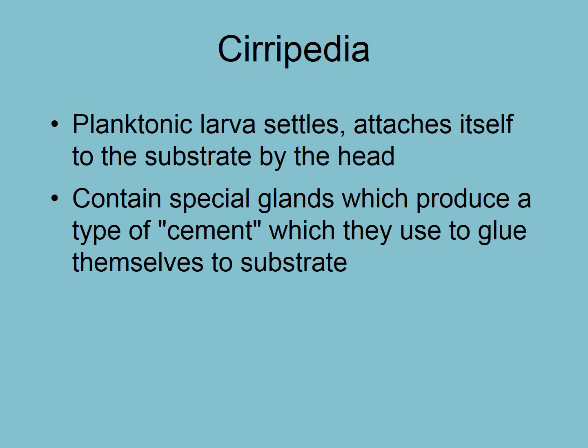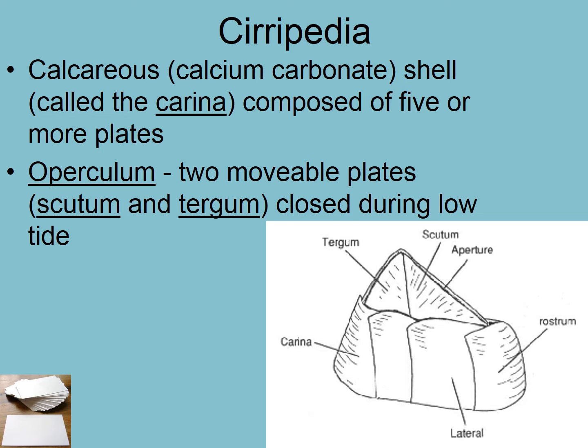Anyway, the eggs are brooded, and then the planktonic larvae are released. They find some place to settle, and they attach themselves to the substrate by the head. And they have these special cement glands, and they glue themselves down by the head. They look a lot like other arthropod larvae when they're floating around, and then they still have the exoskeleton and jointed limbs, but once they glue themselves to the substrate, they start to be a little bit more specialized, and they grow these plates around them, which you might think are the